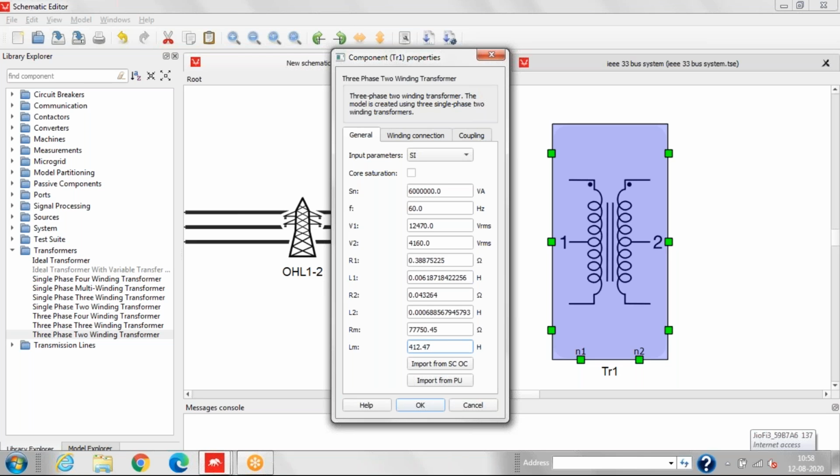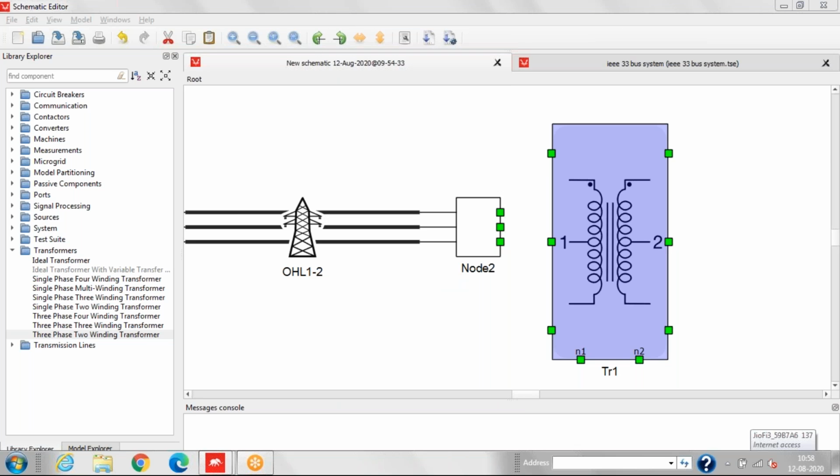Yeah, I have one doubt over here. Yeah, you can ask. How are you giving the values, meaning how are you calculating those values? This is based on some reference paper. The values are from the IEEE 33 standard system papers. We are just modeling an IEEE 4-node system here. Okay, thank you.